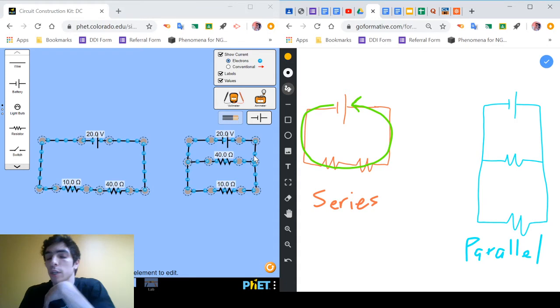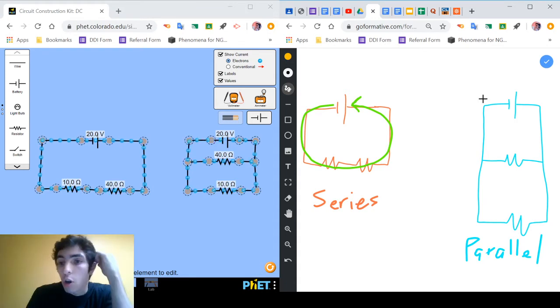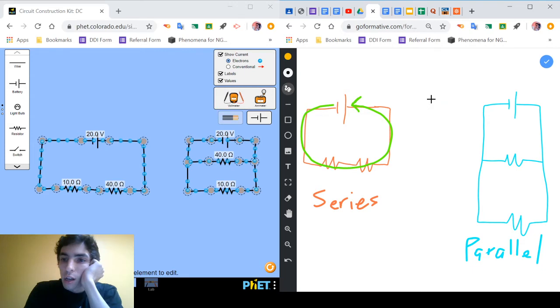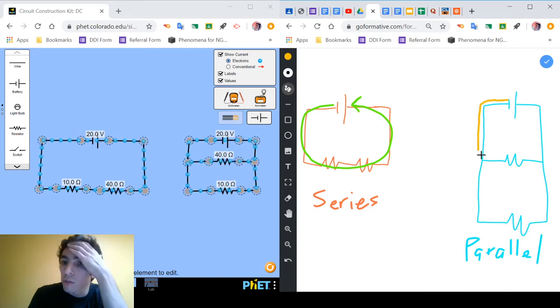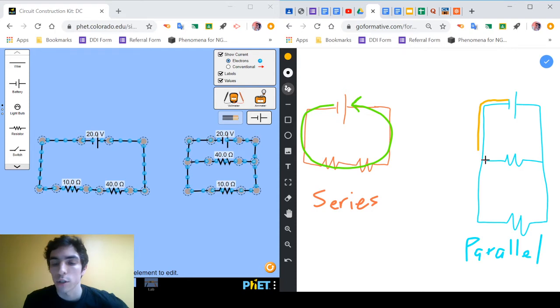So if I'm over here and I want to draw all of the paths that are available to our electrons in here, let's start at this terminal. So the electrons come out here, they're going to have to go here. And at this point, I'm going to stop because as soon as we get to this intersection in our wires, now our electrons have, and I'll put in air quotes again, a choice as to where they go. So some of them will go through this 10 ohm or this 40 ohm, based on what I have over here in the simulation. Some of those electrons will go through this resistor, and some of them, and I'll do this in a different color now,